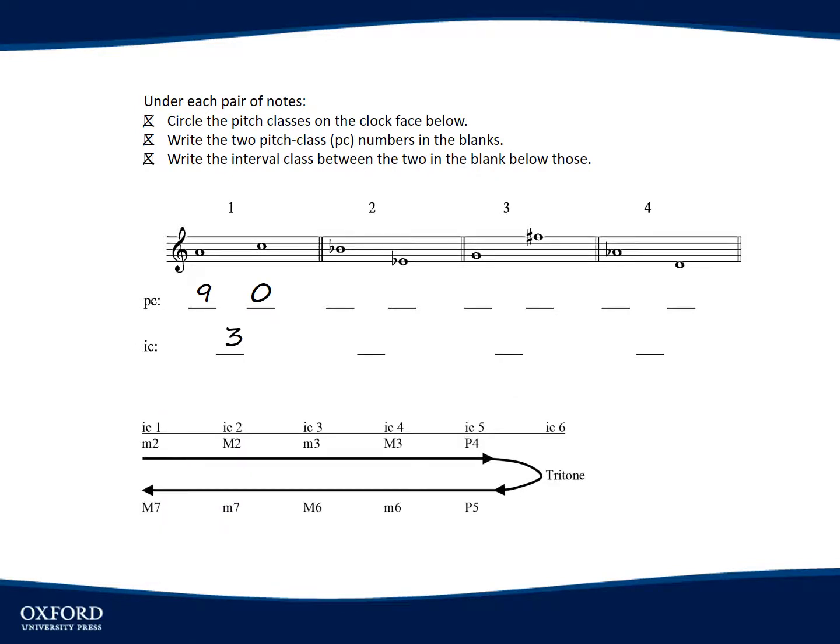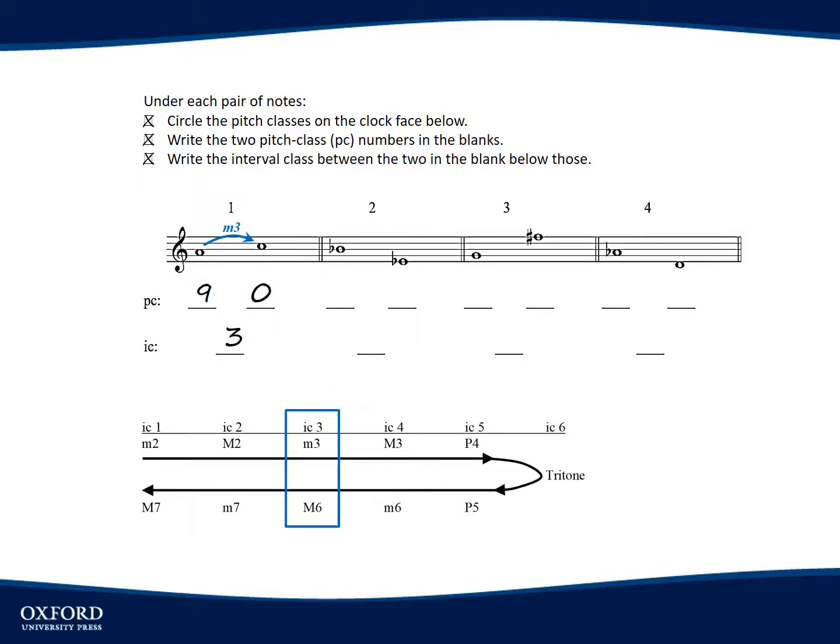In the text and previous videos for the topic of interval class, I showed another method for finding it that references familiar diatonic intervals instead of the clock face. For the sake of time, I won't reproduce the pitch class chart here or explain the interval class chart shown at the bottom of the screen in detail. The interval from A to C is a minor third, which is interval class 3, the same answer we got